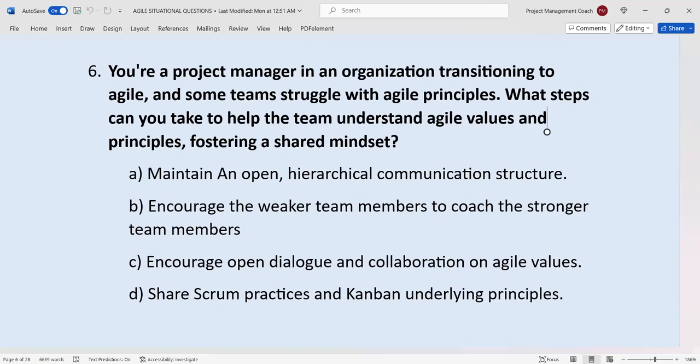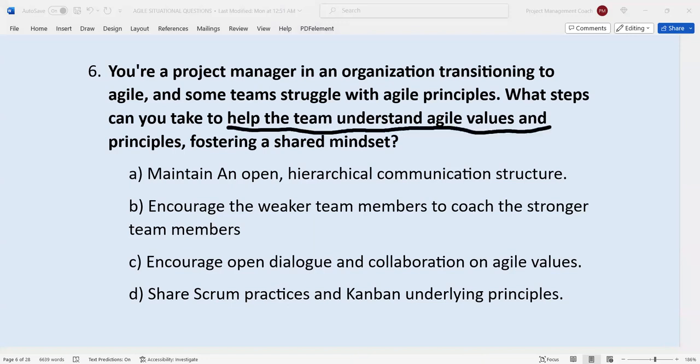Let's use the process of elimination to choose the right answer. The summary of this question is, you, as a project manager, need to help the team understand Agile values and principles, fostering a shared mindset. So the key goal here is to get the team to have a shared mindset. We want that common